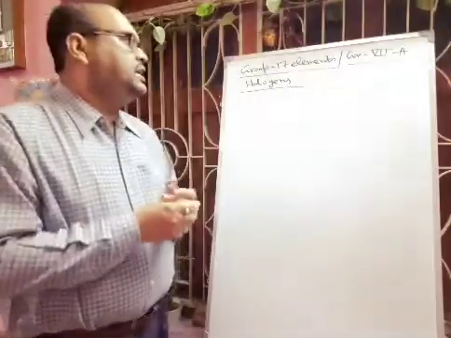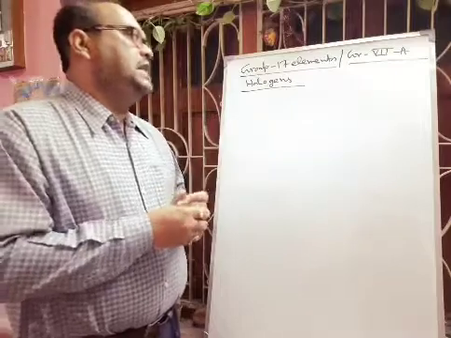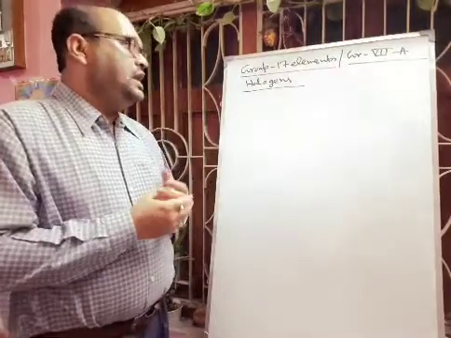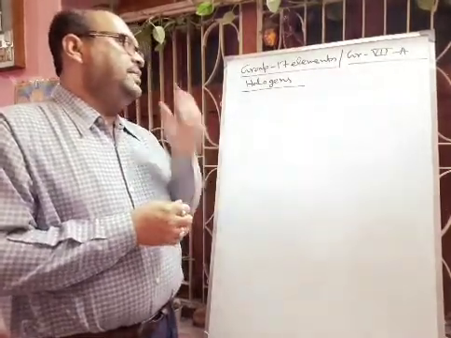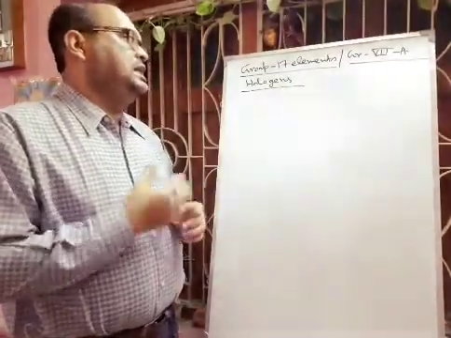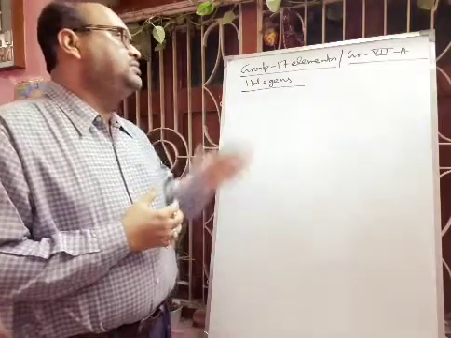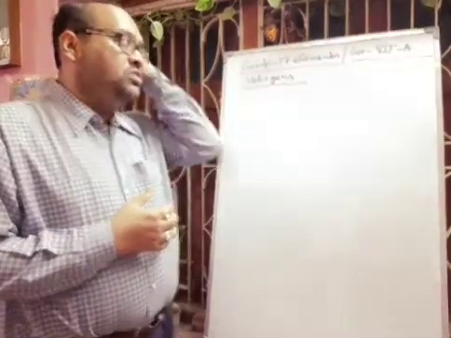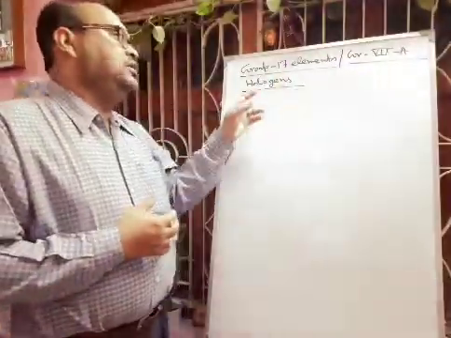Today we will start from the discussion of group 17 elements. Last day we discussed group 1, that is alkali metals, and group 2, that is the alkaline earth metals. So today we will start from the group 17 elements. They are also called group 7A elements. They are also called halogens.